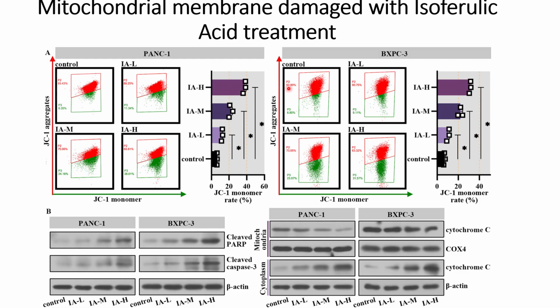So I hope you understood how they validate their hypothesis about intrinsic apoptosis. First they check the mitochondrial membrane healthiness, and thereafter they check the apoptotic factors and the cytochrome C migration from mitochondria to cytoplasm. So if you need to understand more about these experiments in detail,